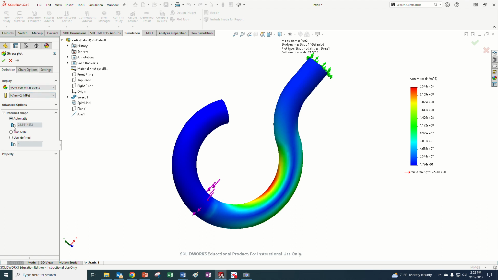And I don't really care about the deformation. There's a visual deformation that they put on there. You could physically see that the thing is bent. We'll animate it so we could see that. But that doesn't really matter to us all that much. The next tab up here is